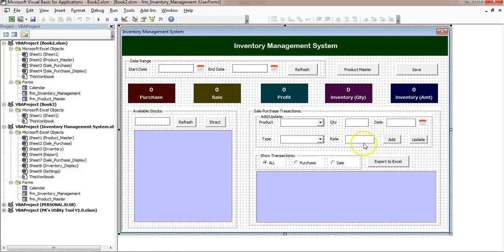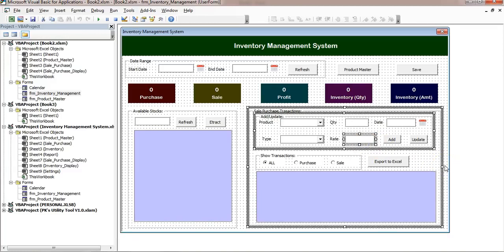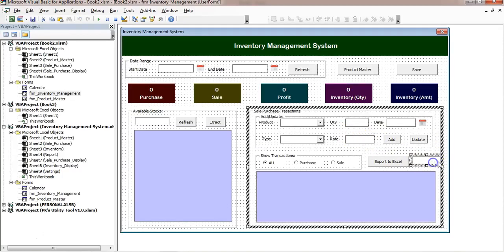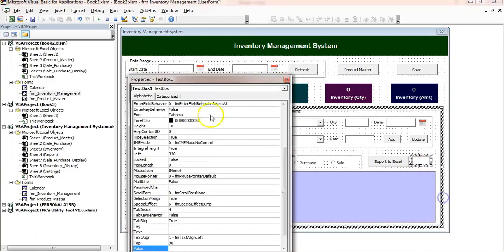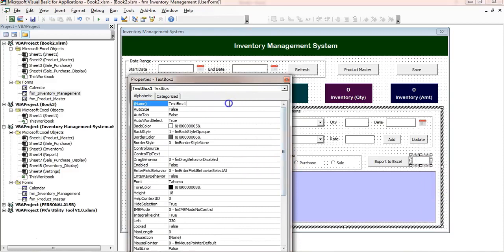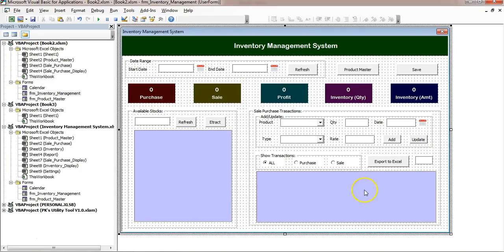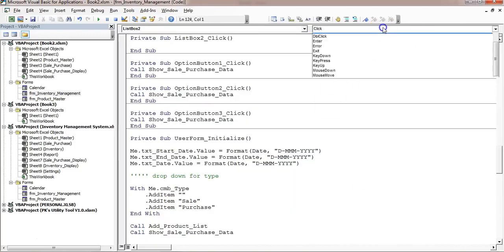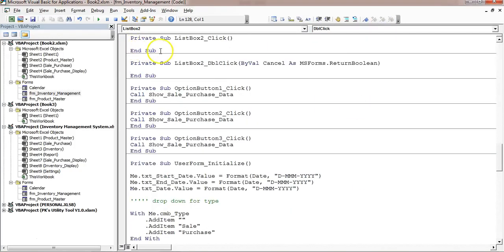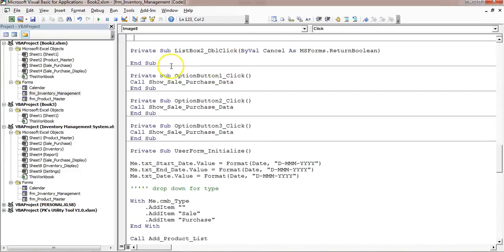Again, to update a record, we will create a ID text box to capture the row number or ID or serial number. So just copy and paste this here, and for the time being we can keep this here, let's say, and right click, go to the properties. The name of this text box we can keep txtid. Alright, now we can put some double click event. So just double click on this list box and select double click from here and delete this code.